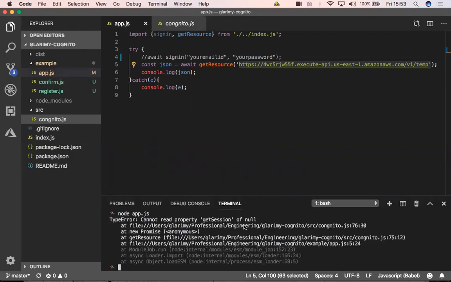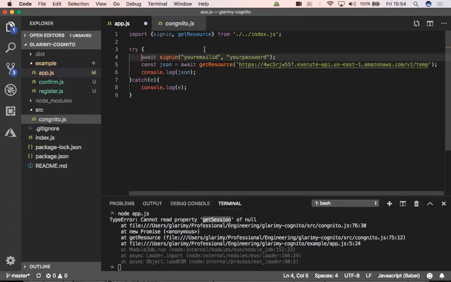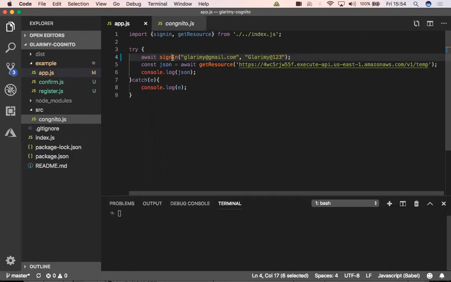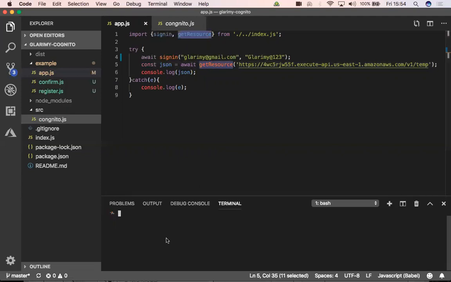What is it saying? It is saying get session of null. I cannot do it. It's not actually working properly. Right? Now let me sign in otherwise. What is the email ID? glarimai@gmail.com. What was the password we have given? glarimai@123. So this time we are logging in. We are telling that first you sign in, then get this resource. So if I do this,